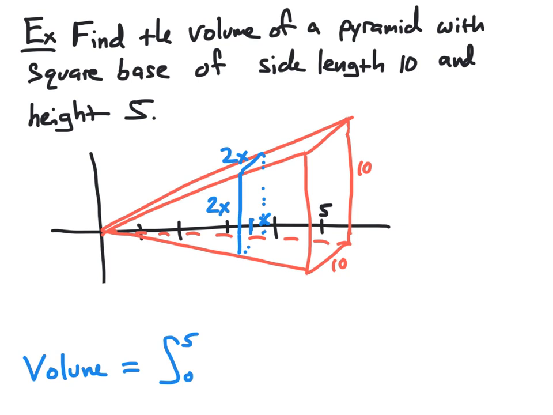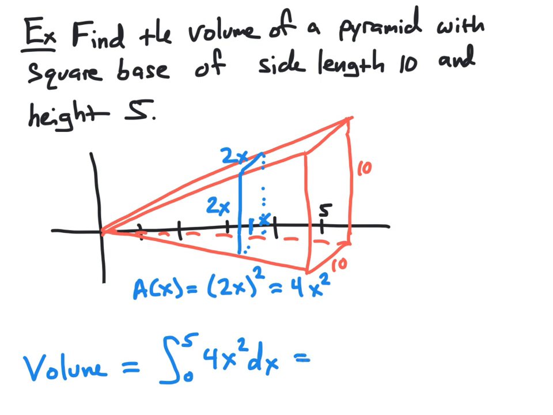And so the cross-sectional area, which we called A of x, will be the area of that square, which is 2x times 2x, or 4x squared. And so this is going to be the area of the cross-section at any number x. And so going back to our volume formula, we have our integral from 0 to 5. We want to evaluate that at the cross-sectional area, which is 4x squared, and dx. And so this integral here will give us the volume of our